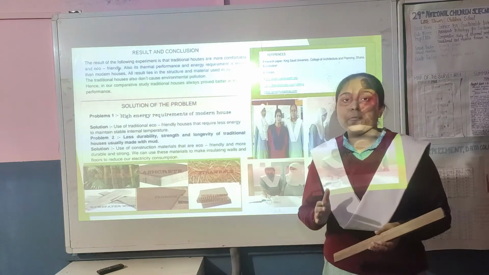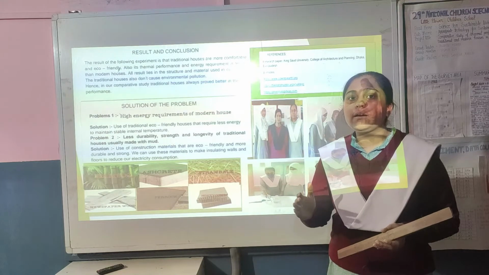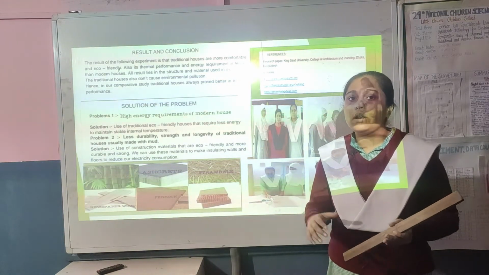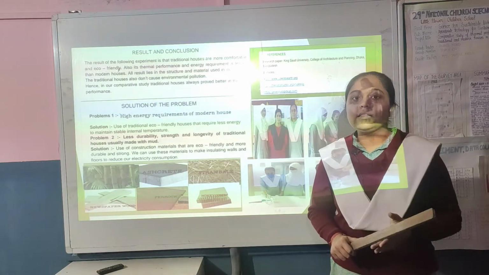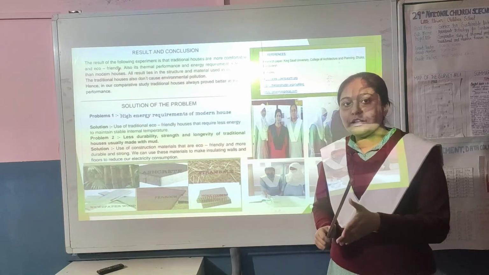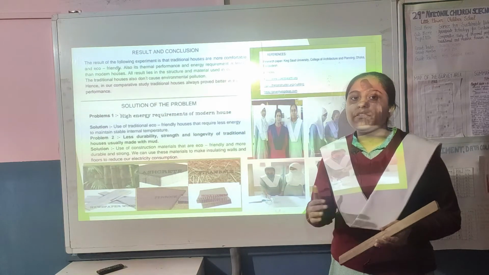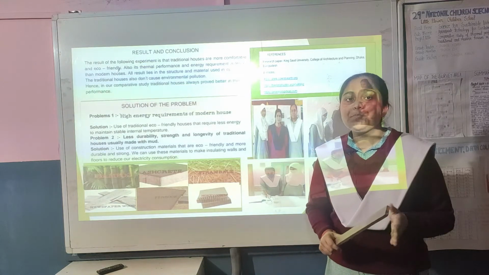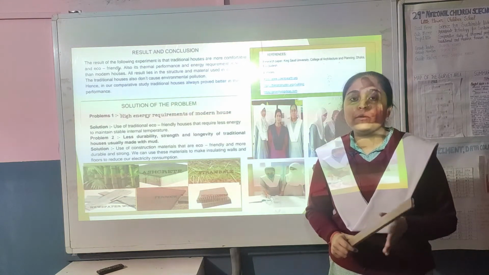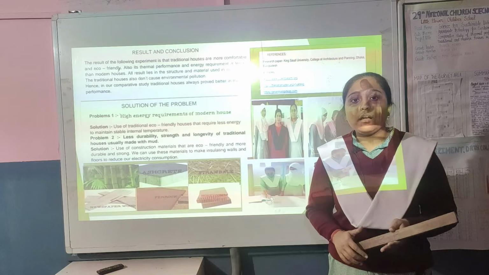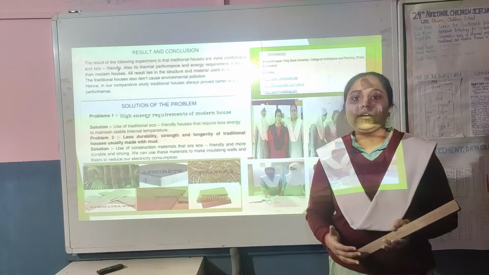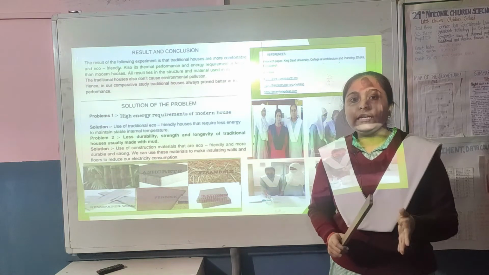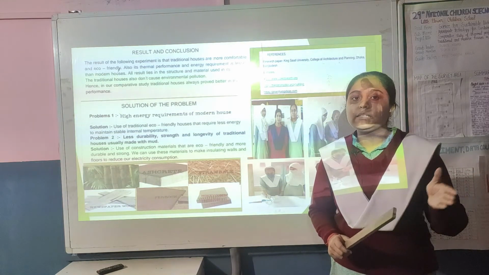called R value. R value tells about the thermal insulation capacity of a structure or a two-dimensional wall. So traditional eco-friendly materials are very energy efficient, and their R value is very high. It means they provide higher thermal insulation and the temperature inside is usually maintained around room temperature. But modern houses are made with conducting materials like concrete and steel, and these materials conduct heat, and the temperature usually is maintained by the outside temperature.